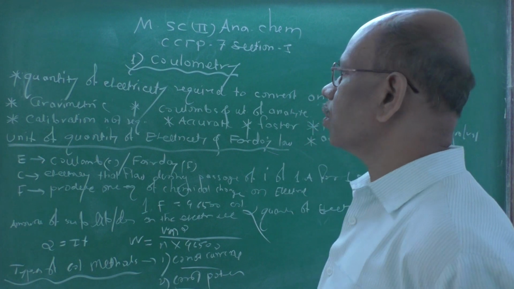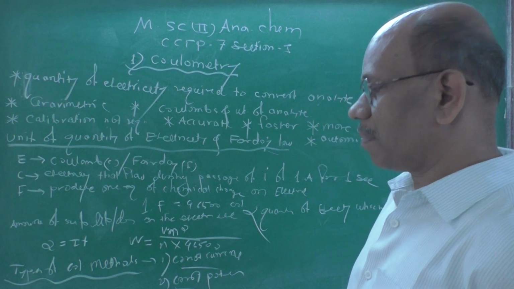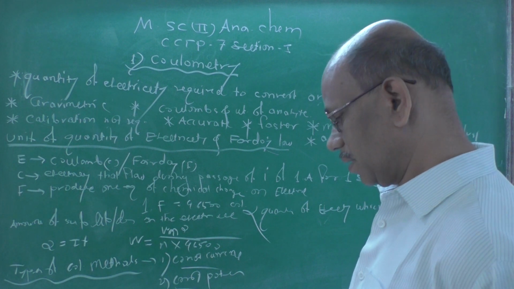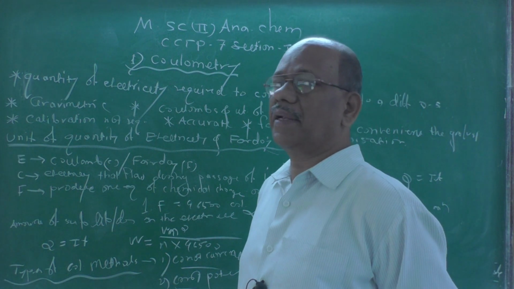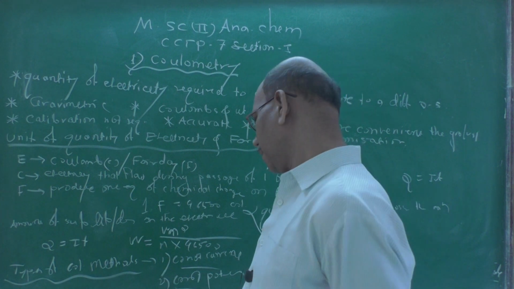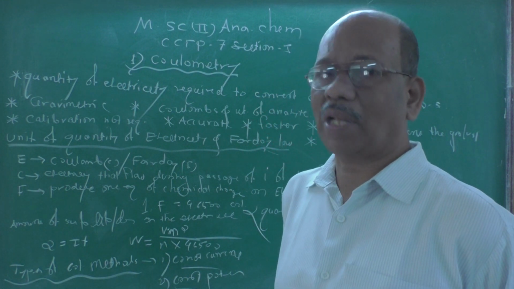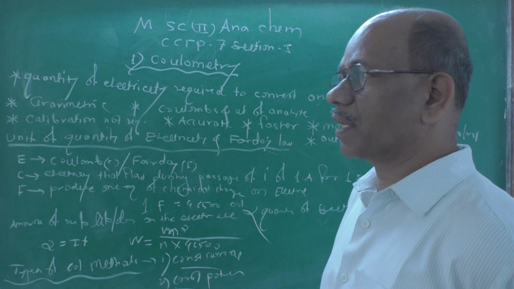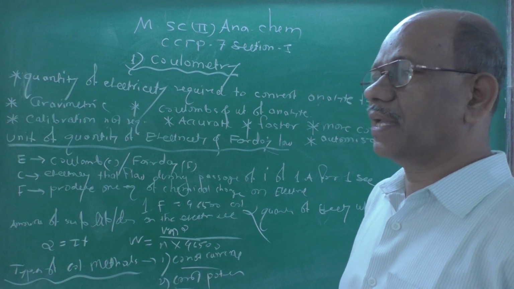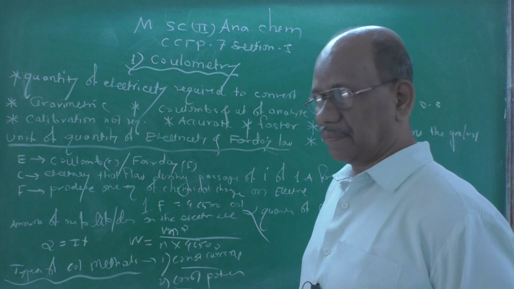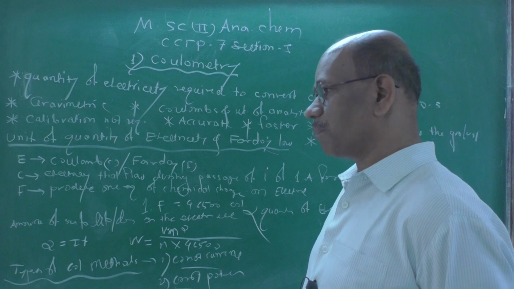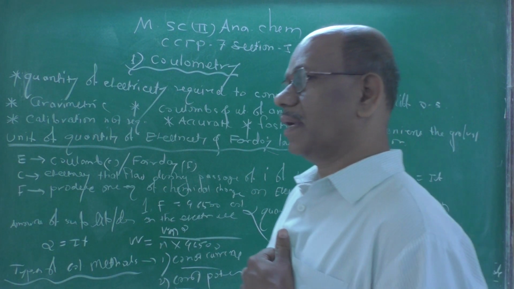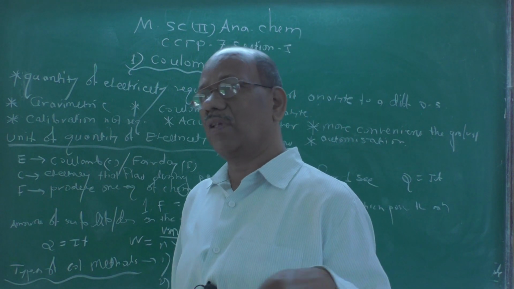Now actually in coulometry, two types of concepts are used, or there are two methods. So in coulometry, either you maintain the constant current and you vary the potential, or you make the potential constant and you vary the current. Means current and potential, one quantity we have to keep constant and the other we have to vary.